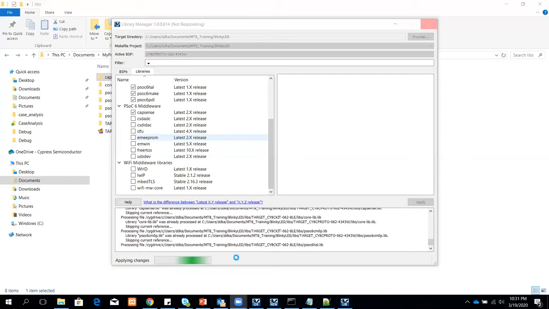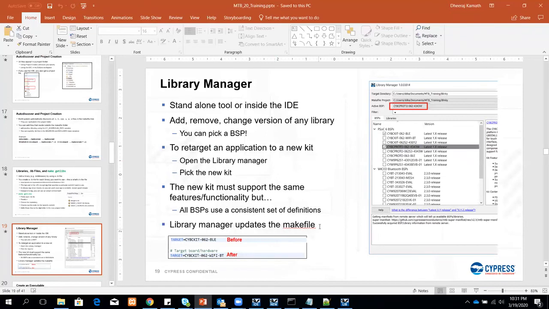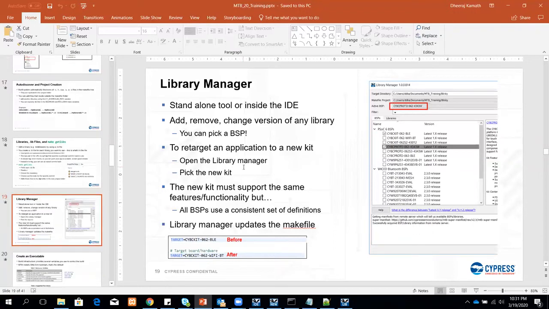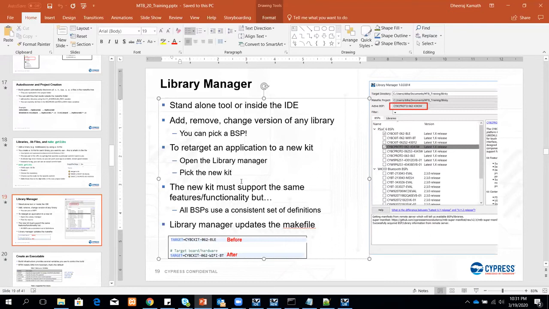Okay. So when you change the BSP, it automatically updates the makefile. So you need not worry about changing variables there. It will do all that for you automatically. And yeah, this is a very essential tool that we introduced with the 2.0.